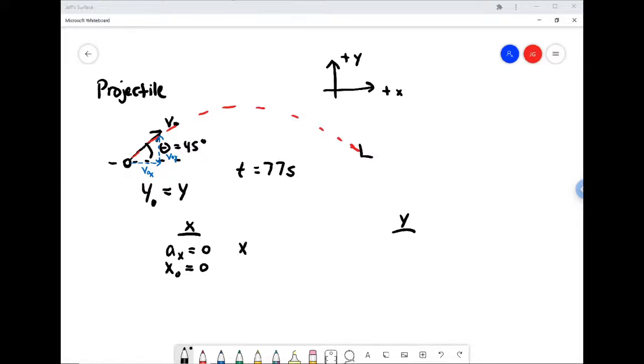What don't I know? Well, I don't know how far it went. I don't know how fast it's traveling initially, but I do know that however fast it's traveling initially, that's how fast it'll be traveling for the whole time, because acceleration is 0. So the initial velocity in the x is equal to the final velocity in the x. And I don't know time. Okay, over here in the y,